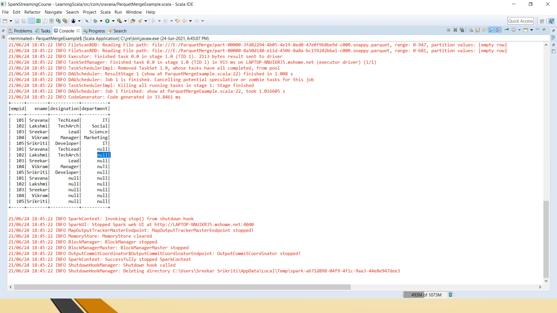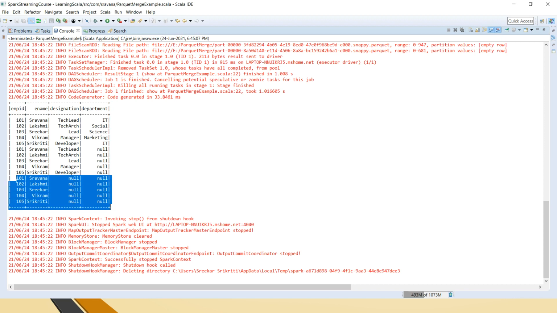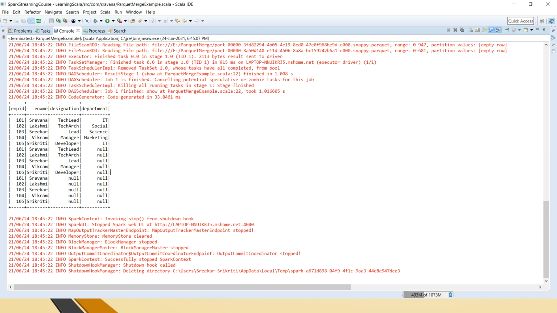Here we have null values because in the first file only employee ID and employee name were there, that's why the remaining 2 columns are coming as null. Similarly, the second file has only 3 columns and doesn't have the fourth column, so it has been populated as null. And in the third file all 4 columns are present, so it has printed the data.